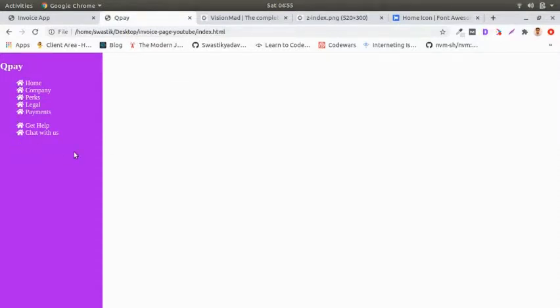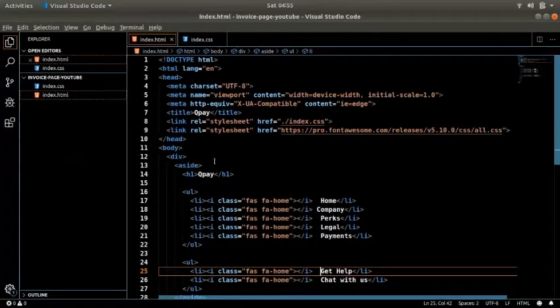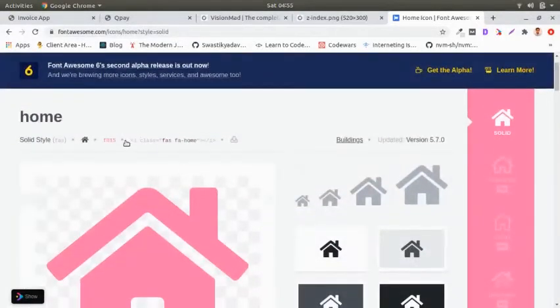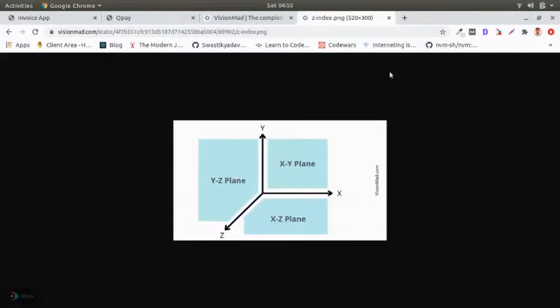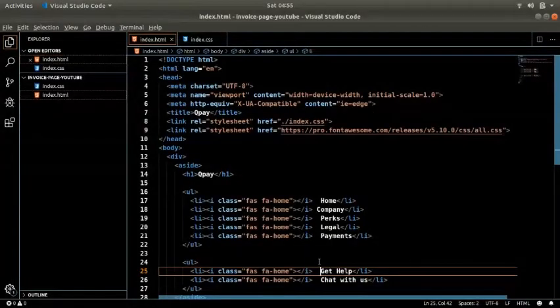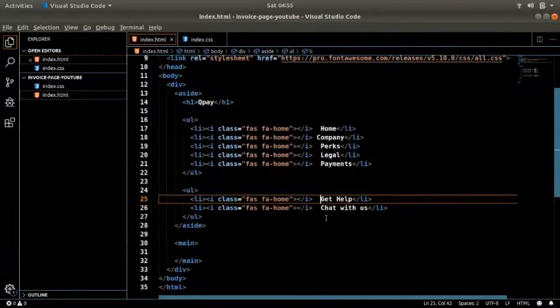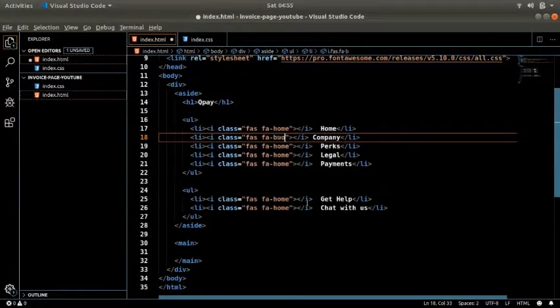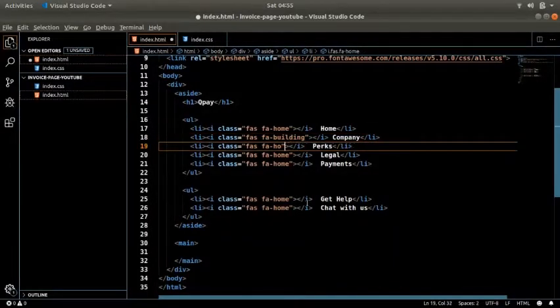Well, that's not ideal. We want different icons. So we'll just change the name. You can just go over here and search for the icon that you want, and you copy this and you will get that icon, because you have already linked the CSS of Font Awesome. So I know what they are named, so I'll just use them. Building for the company, to show a company.